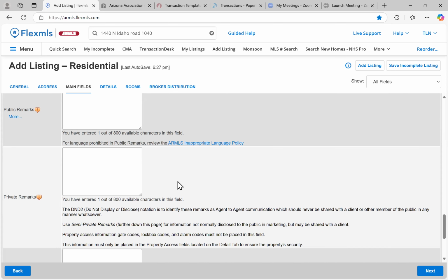Private remarks. This is going to be information that we want to talk from agent to agent. So we're relaying information specifically for the agent. Again, no codes or anything go here. But this is something like,